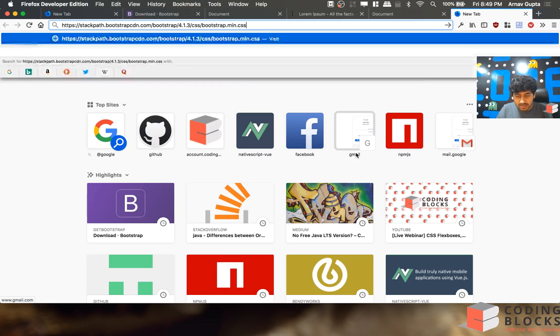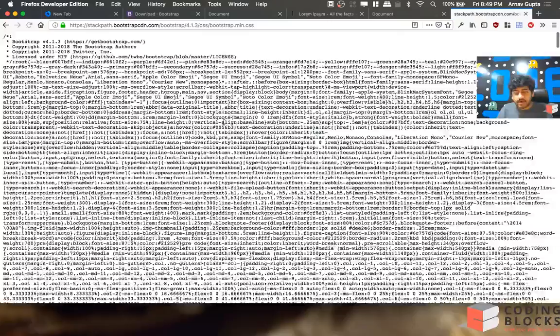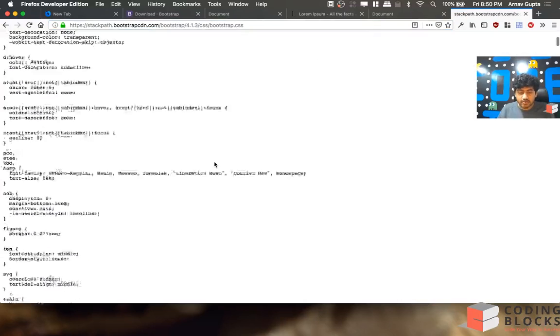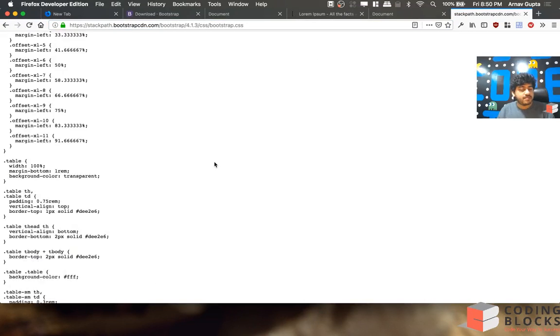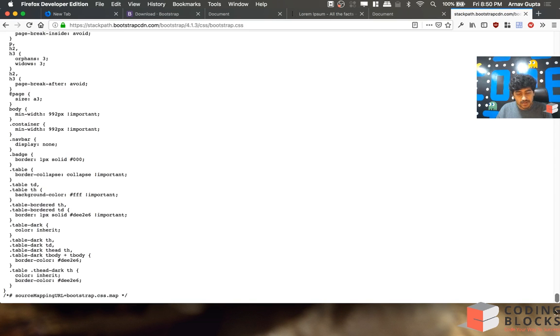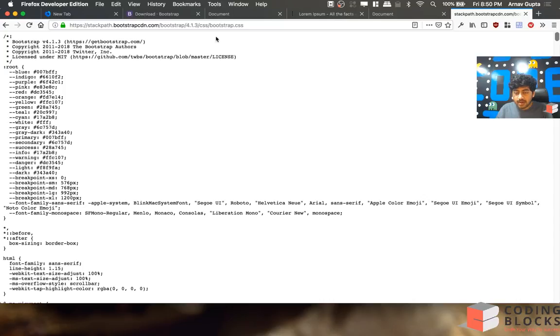stackpath.bootstrapcdn.com, bootstrap.min.css. If you use the min file, it's all compressed CSS like this, and we can use the non-minified version, which is a little more beautifully written. For development purposes, you should use the non-minified one, I guess. It shows the layout a bit better. If you use the min one,